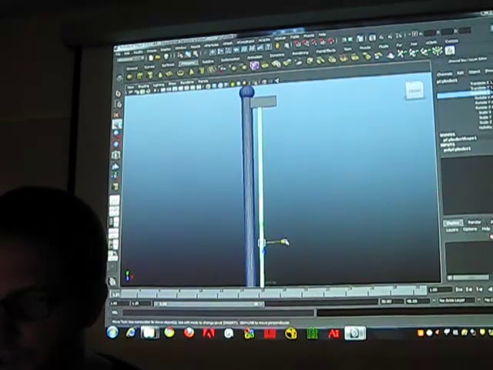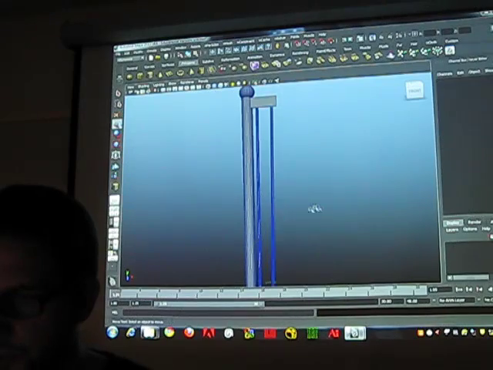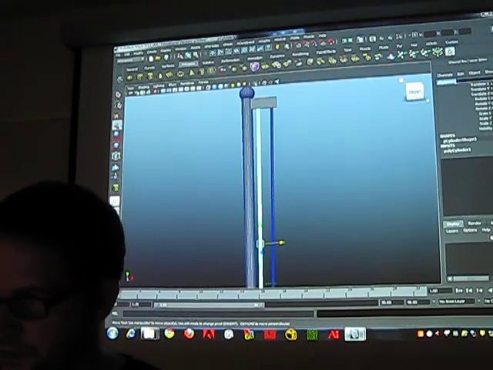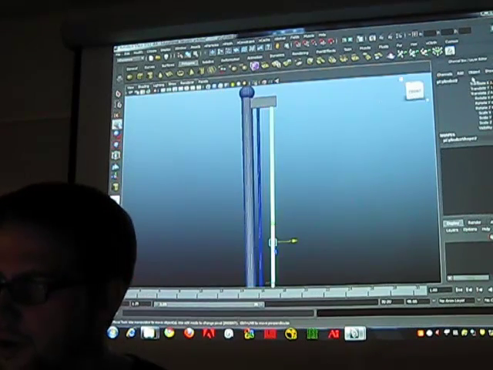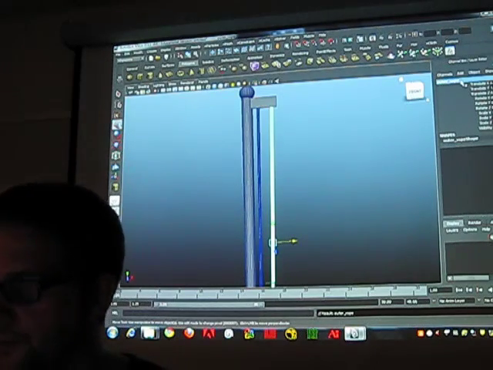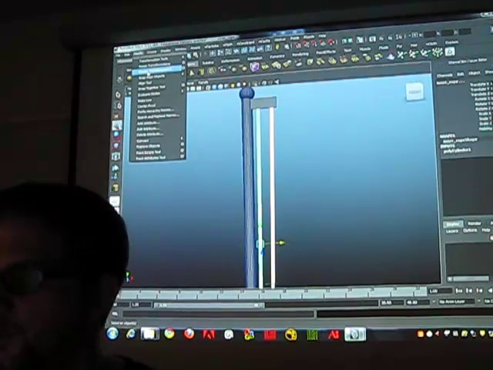All right, so I'm going to just take this and then duplicate it. So I've got two ropes. Right? So I'm going to name these inner rope and then outer rope. And I'm going to select both of them and freeze my transformations